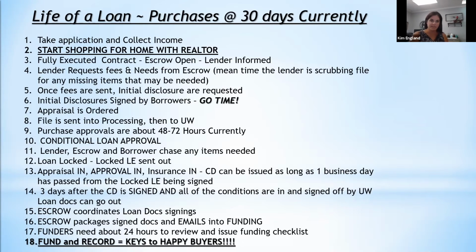With rates as low as they are, we're inundated. Purchase business is booming, and then people are refinancing. So all lenders are slammed. All appraisers are so busy that their turn times are starting to be pushed out a little bit. I would say appraisals are taking about 8 to 10 days instead of 7. We were getting them pretty quick, and now we're getting them pushed maybe a day or two out. But that day or two out from the appraiser, the day or two out from escrows, everything's being pushed a day or two out. So 30 days is more realistic than the shorter escrows.